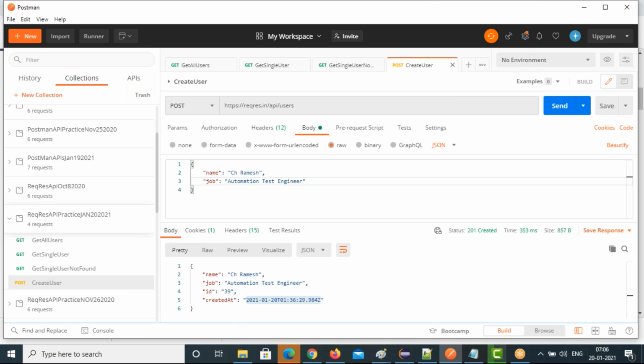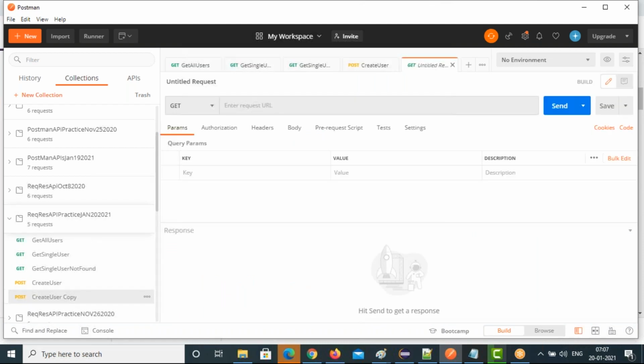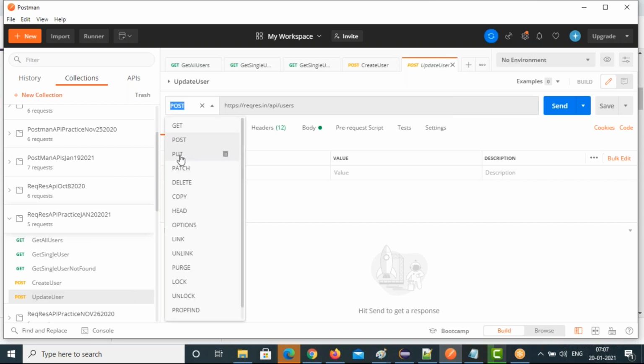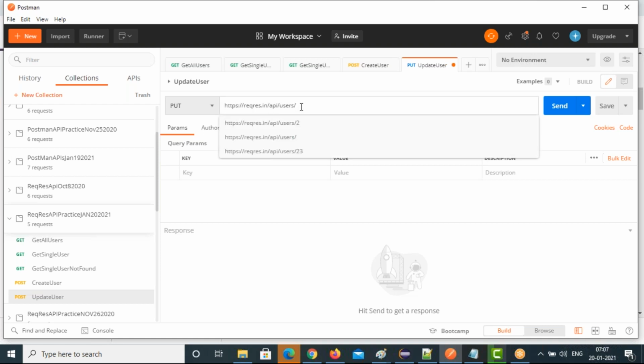Now you want to update this. You just duplicate this. Update means we are using the put method, right? So let's update this. Rename it to update user, and the method you need to select is the put method.